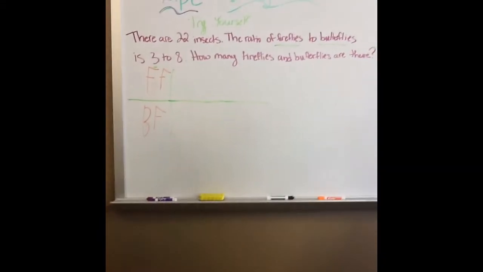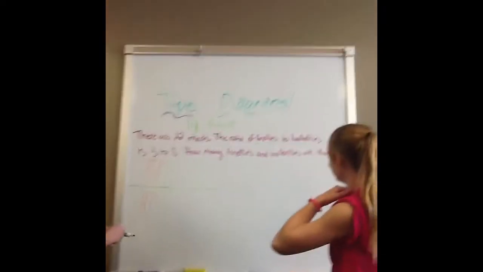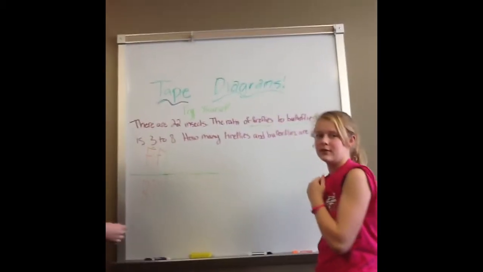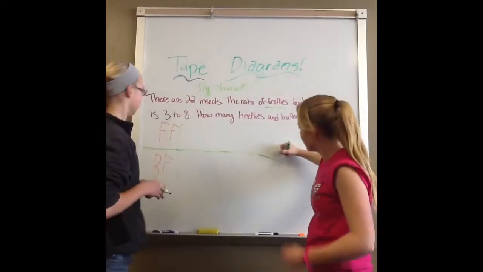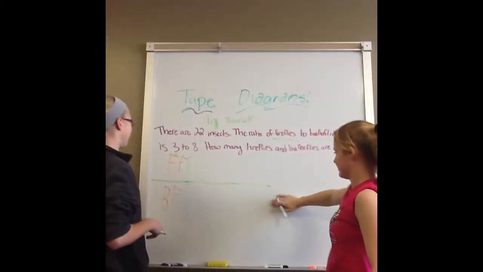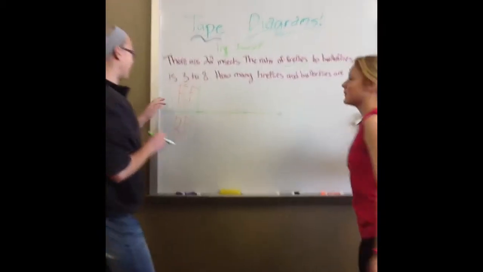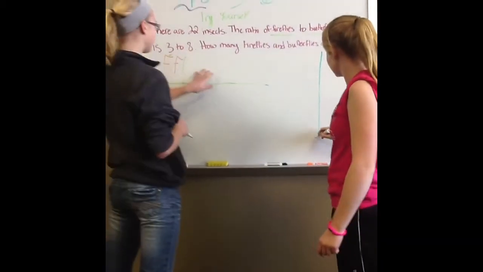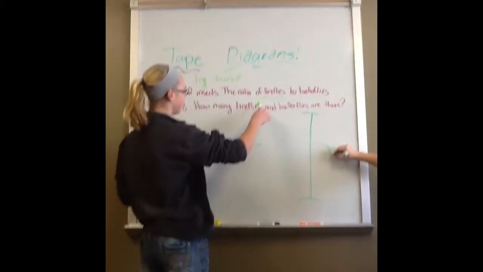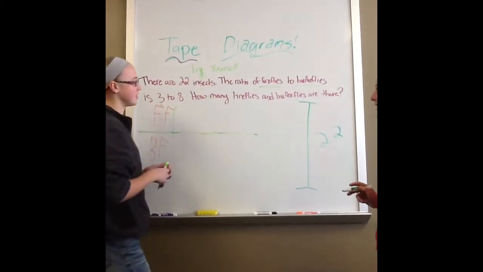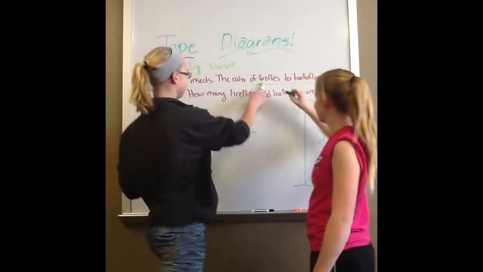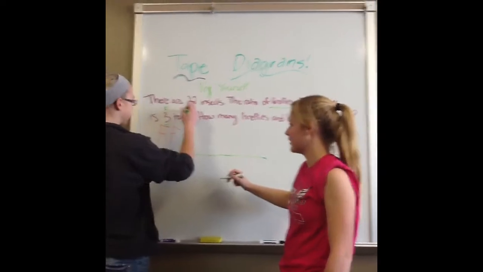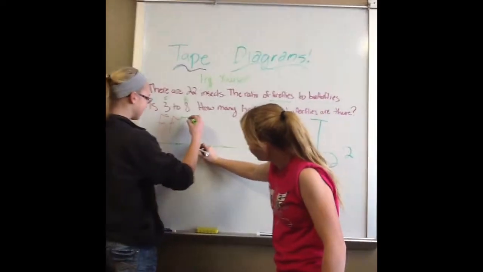The problem is, there are 22 insects. The ratio of fireflies to butterflies is 3 to 8. How many fireflies and butterflies are there? Okay. So, you have to find out fireflies and butterflies. You're given the ratio, and fireflies comes first and then butterflies. So fireflies would be the 3 and butterflies would be the 8. So I have to have 3 boxes